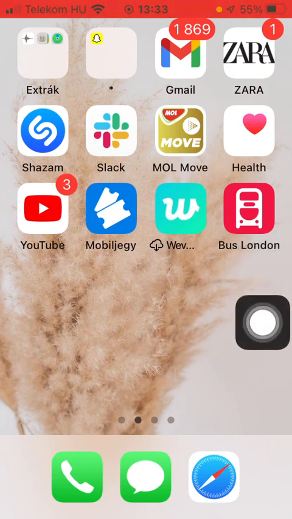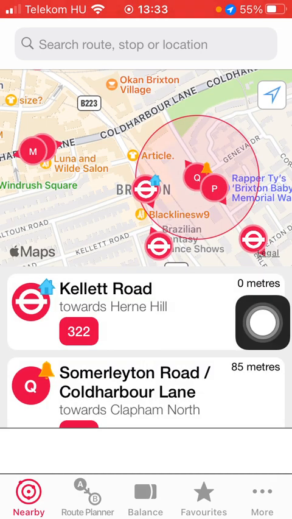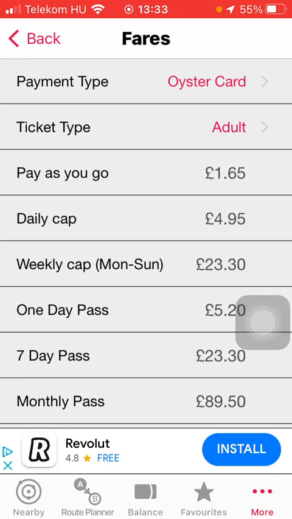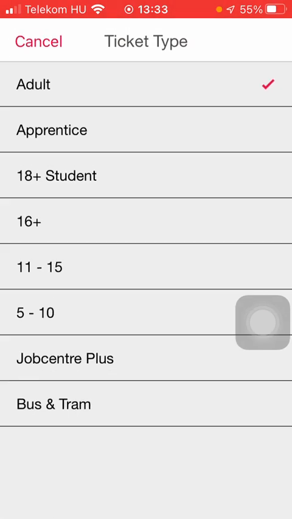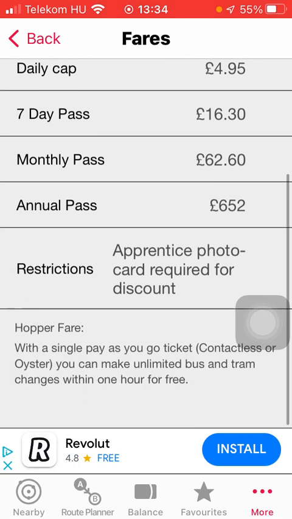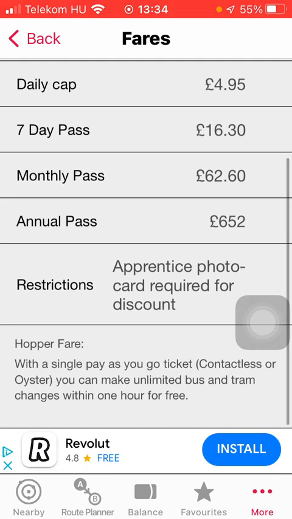First of all, open the application on your phone and then tap on this more button down below in the right side corner of the screen. Then tap on fares, which is the third option. Here you can select the payment type at the top, then you can select the ticket type, and here you can see the different tickets such as pay as you go, daily cap, 7-day pass, monthly pass, annual pass, and here you can see